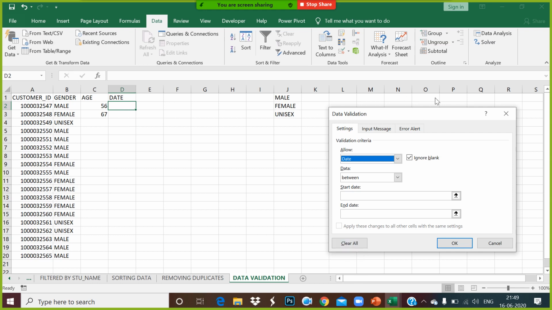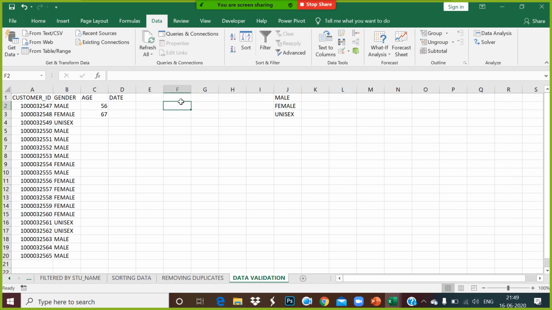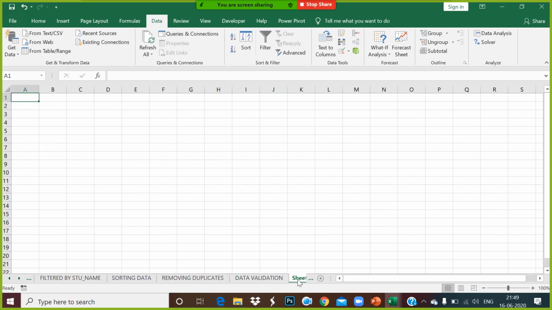Now if you do validation to this cell, this is F2. But if you select the entire column, you can choose that option. The validation will not happen only to this cell, it will happen to all the cells in this column. Making sense? Yes.